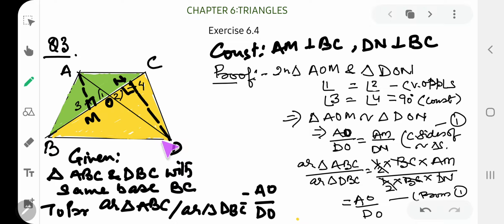To prove this, children, we will first draw a construction,